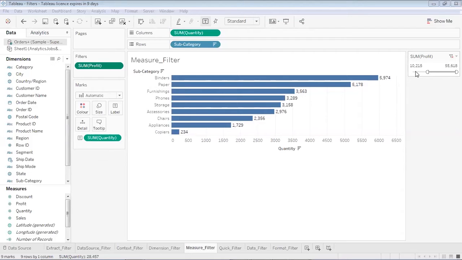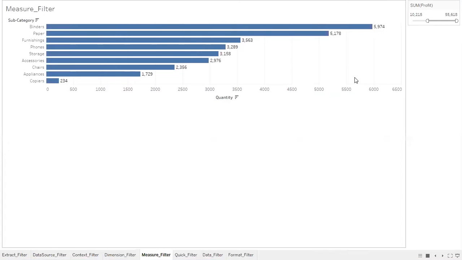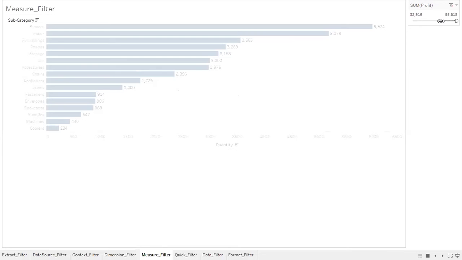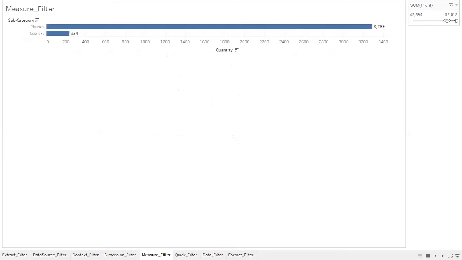When we give this option to the user, at the user's end this screen will look something like this. Whenever the user sees this visualization, he is allowed to manually change these filters and let the visualization dynamically change. Giving the user an authority or an option to dynamically change the visualization by changing the filter values is nothing but quick filter.